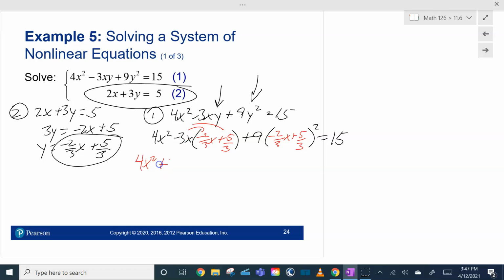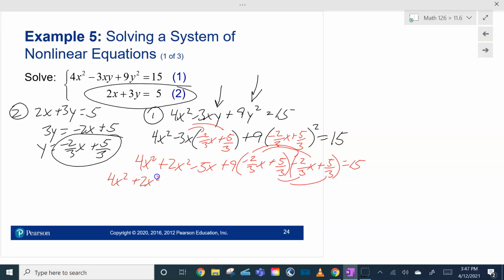I got plus 2x squared. I got minus 15x over 3, so minus 5x plus 9. Now remember, this has got to be expanded. There's two of these. Okay, so first, outer, inner, last. So we've got 4x squared plus 2x squared minus 5x plus 9 times, looks like that'll be what, 4/9 x squared